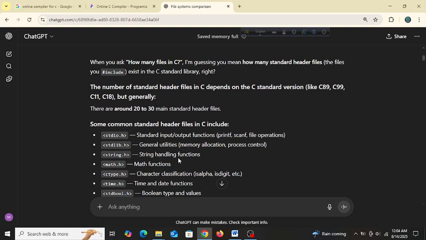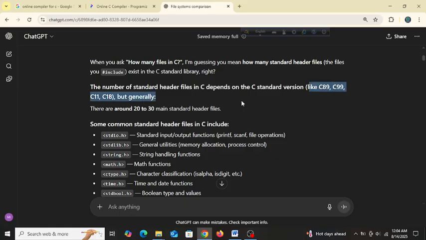I asked how many files in C, and it says, I'm guessing you mean how many standard header files. The files you include, we know that we include files like #include, okay? The number of standard header files in C depends on the C standard version, like C89, C99, C11, C18, but generally there are around 20 to 30 main standard header files, okay?